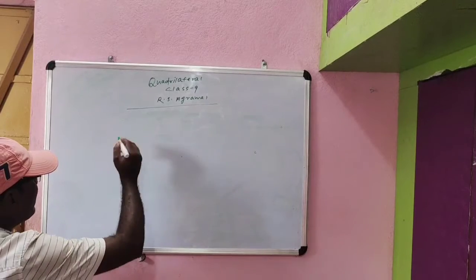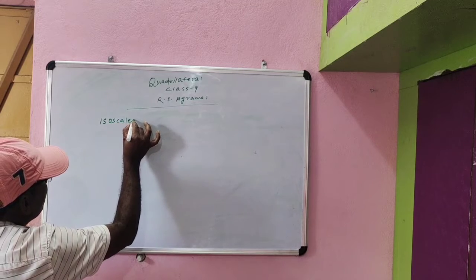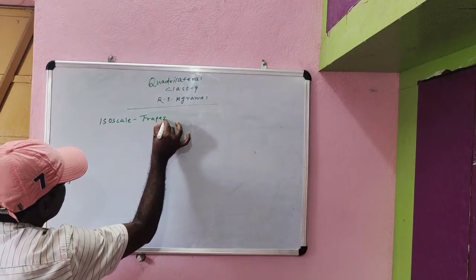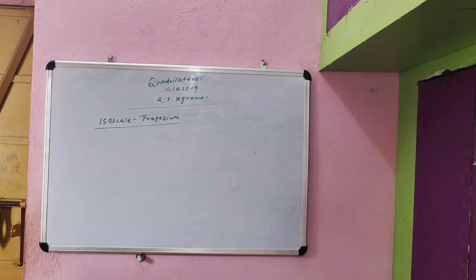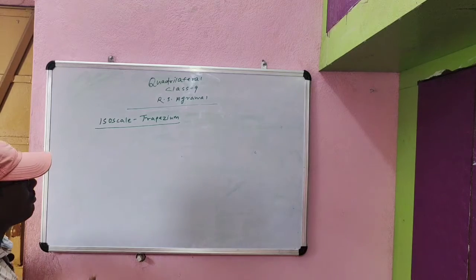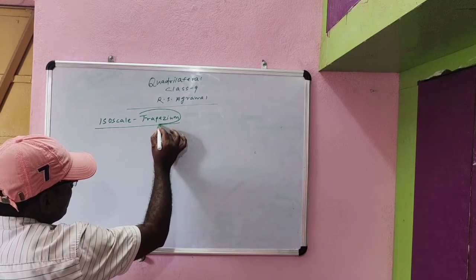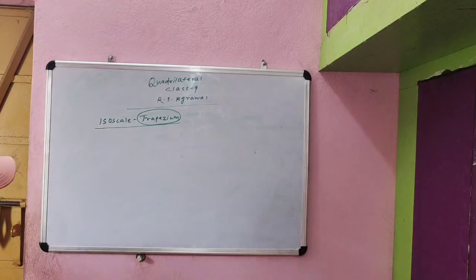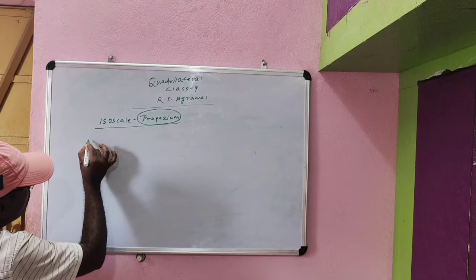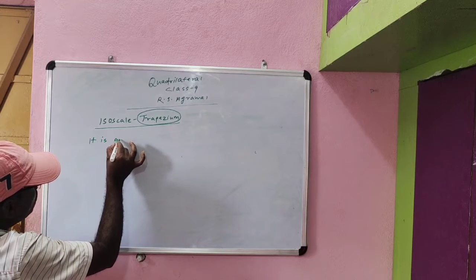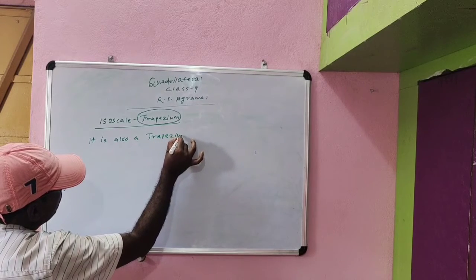Now we start the second type, that is isosceles trapezium. It is the second type of quadrilateral, isosceles trapezium. Here the term trapezium has been written, so we are very clear that it is also a trapezium. But